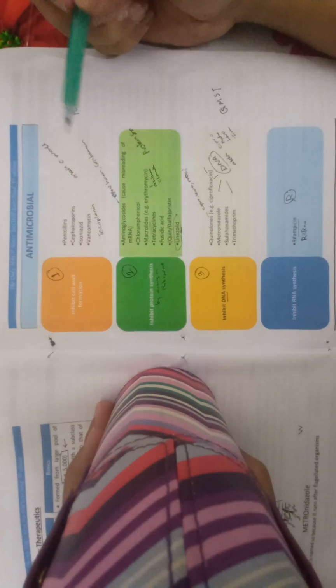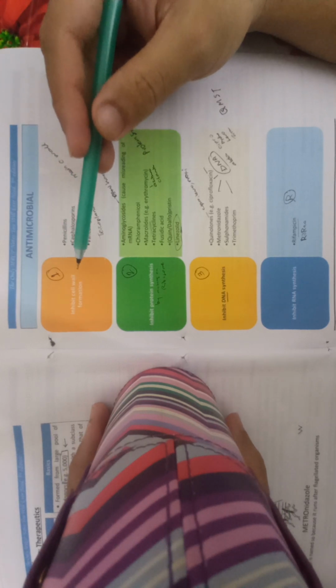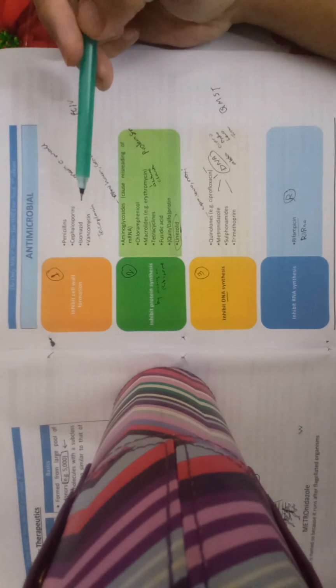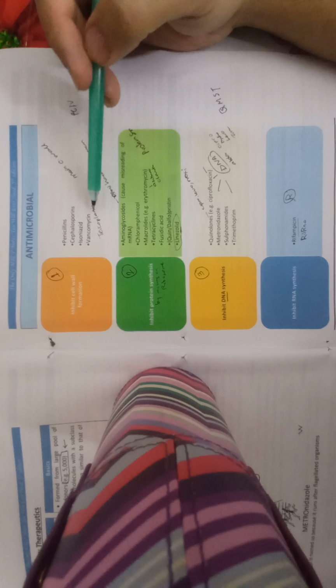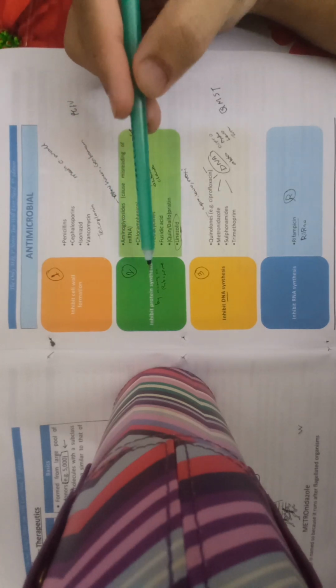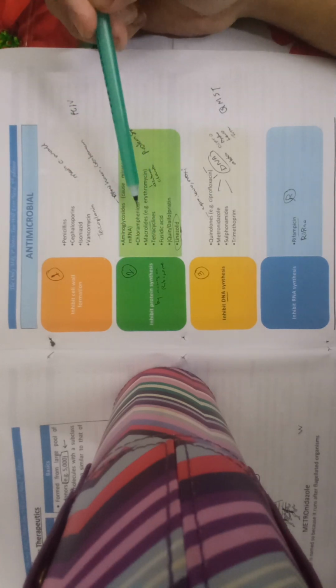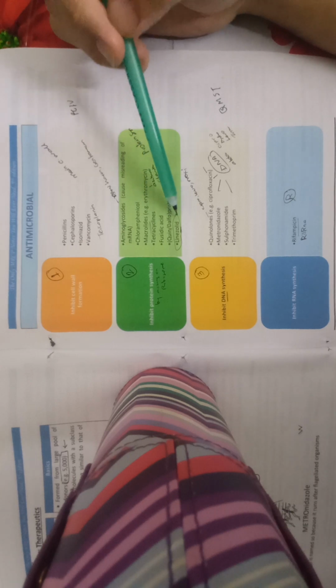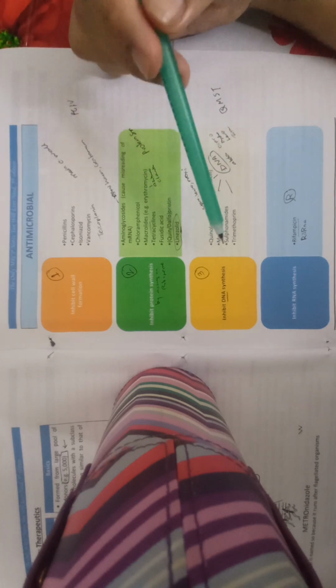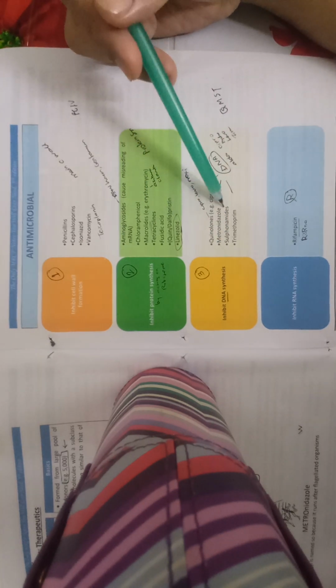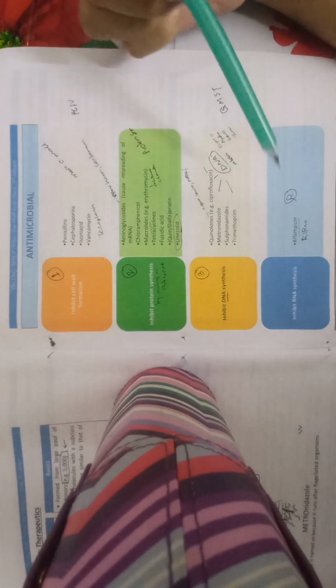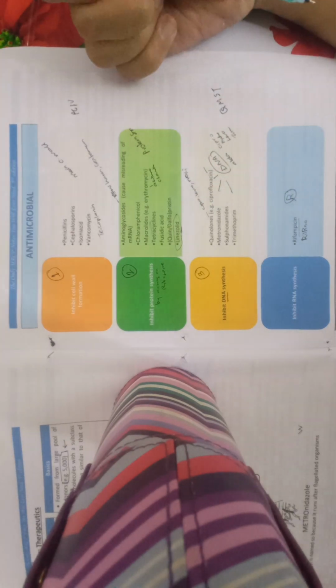Very, very important, so you have to memorize this whole group. Like I'm telling you again, inhibit cell wall formation: penicillin, cephalosporin, isoniazid, teicoplanin as well, vancomycin. Group 2 is inhibit protein synthesis: aminoglycoside, chloramphenicol, macrolides, linezolid. Inhibit DNA synthesis: quinolones, metronidazole, sulfonamide, trimethoprim. And inhibit RNA synthesis: rifampicin. Excellent. A great chart as well, I think, for MRCP.